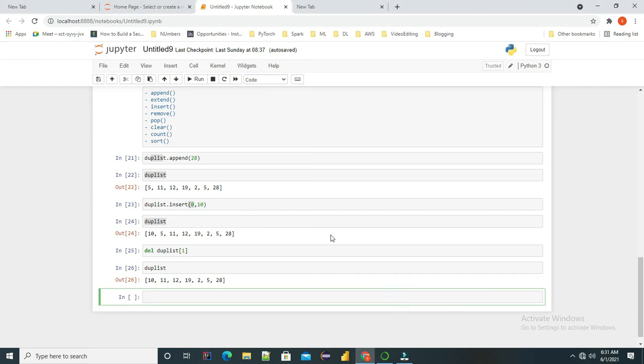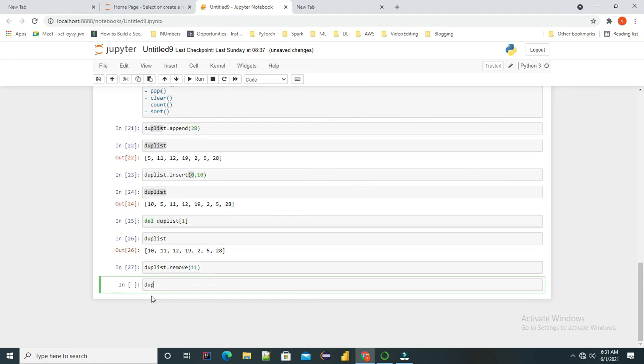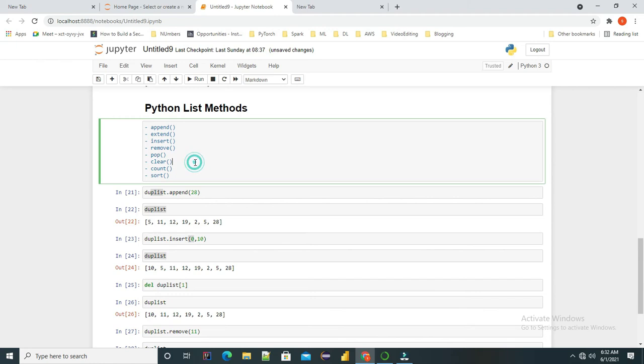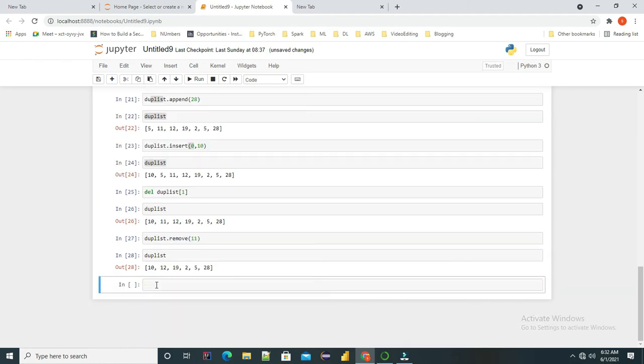We have other methods like remove and pop. Let's see how we can use the remove function in the list. Let's say we have dupe list, and if we do a remove, what remove actually does is remove an item from the list, whichever item we want. Let's say that we want 11 to be deleted. We just specify remove 11. It will remove this element from the list. Similar to that, we have a method which is pop. What pop does is remove the item at a given index. So if we have to remove an item from an index position, we will use pop.